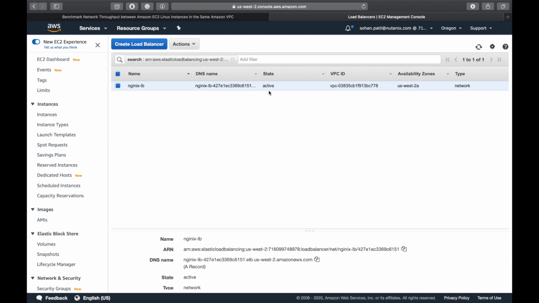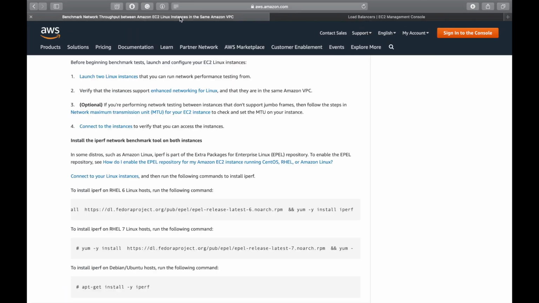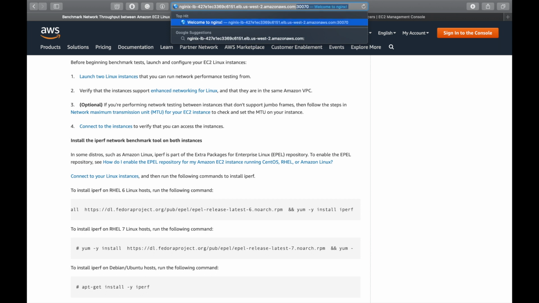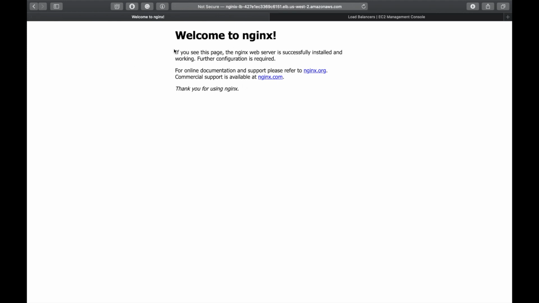Okay, so now our load balancer is active. Let's try the URL inside our browser. The exposed target port was 30070, and yeah, we can see the default page for our Nginx server. One cool thing I would like to note here is that we can access our pod without even taking help from Kubernetes itself. We can bypass using services and node ports, and just attach a public IP directly to our pod's IP address, or we can directly attach a load balancer to the pod's IP address and get things done.